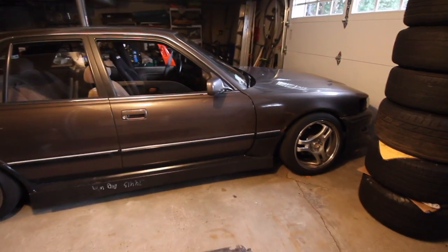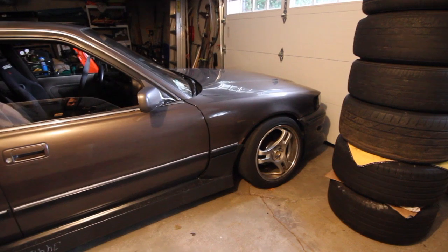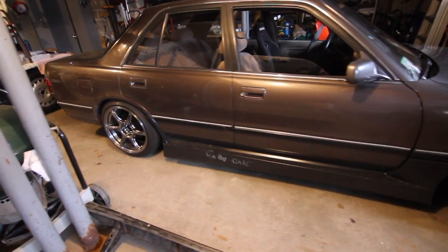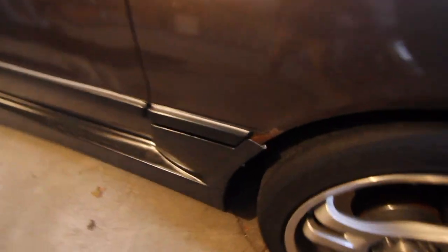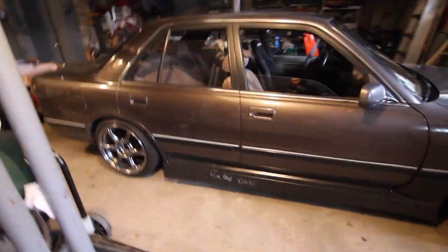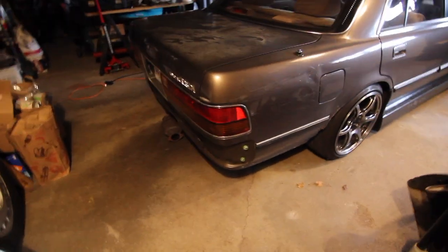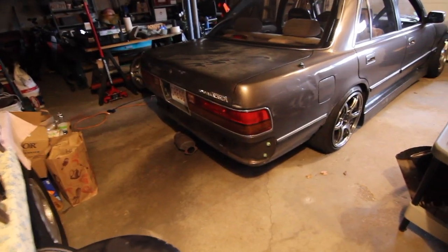Cressida body kit video. We got the front bumper on, fitted okay. We got the side skirts on, fitted just okay. This isn't the final fitment, but just trying to get everything on there. So today we will be working on getting the back bumper into shape. It came in 2 pieces over here,